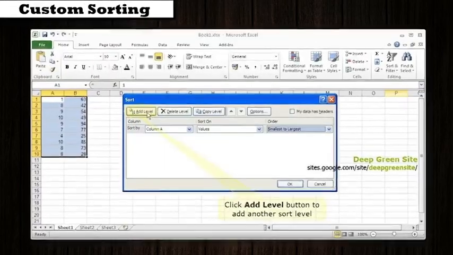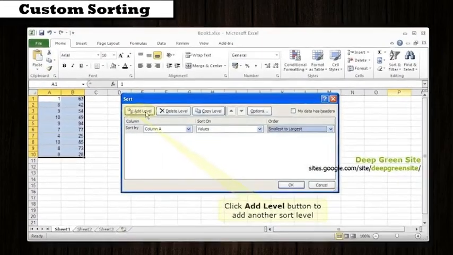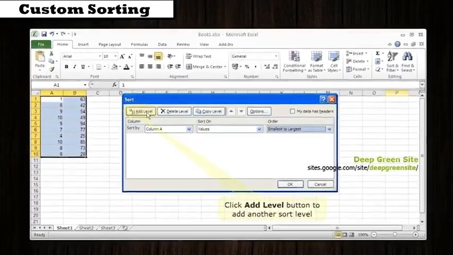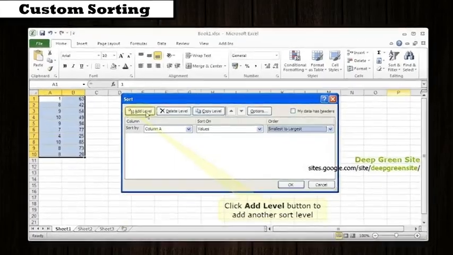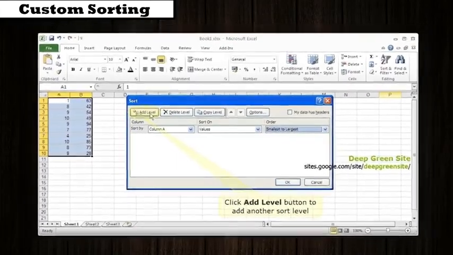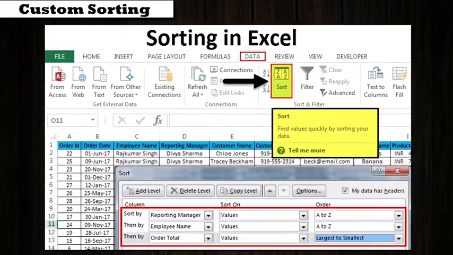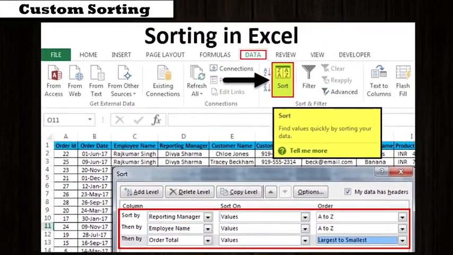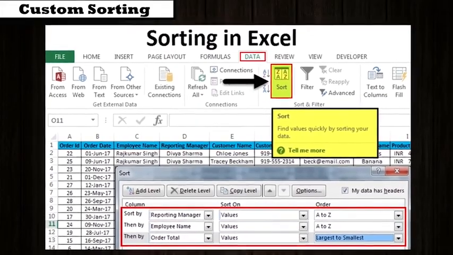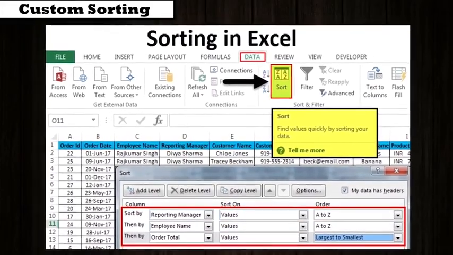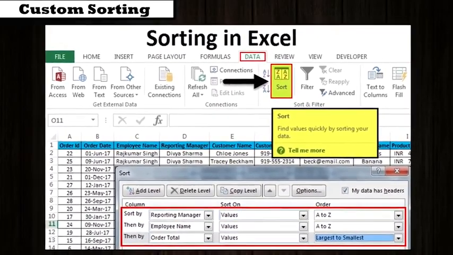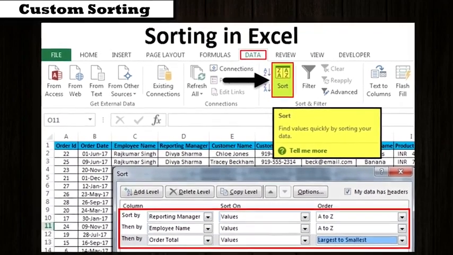Custom sorting. Excel's ascending and descending sort options are quite useful but not always. There are some values that cannot be sorted in a meaningful and familiar way. For example, if we sort the names of days and months alphabetically, such sorting would not be of much use. To deal with such situations, Excel offers custom sorting. To use the custom sorting option, you may follow the steps given below.